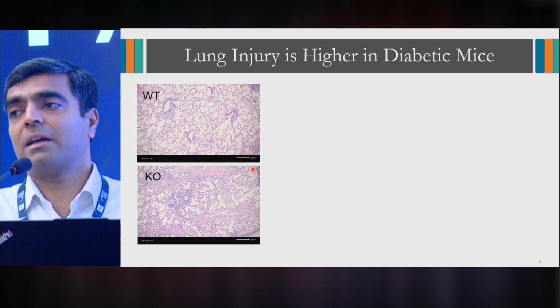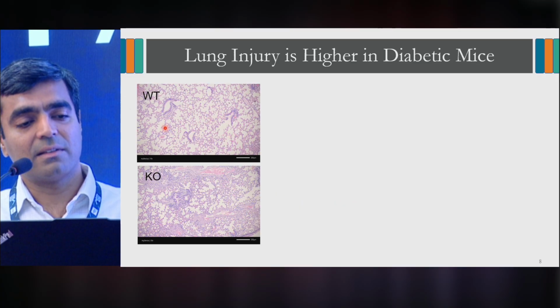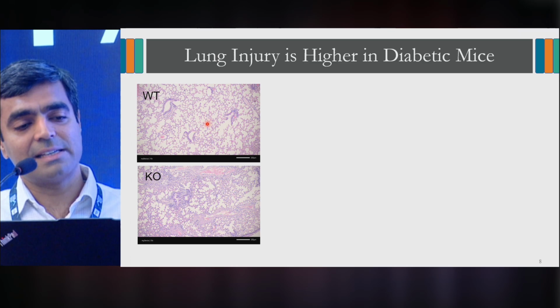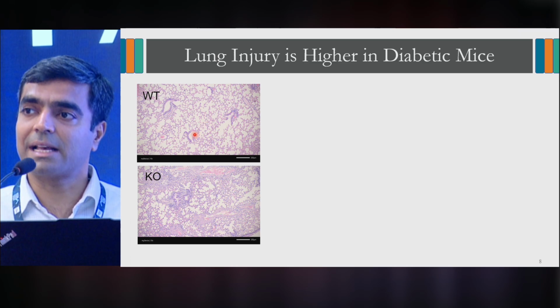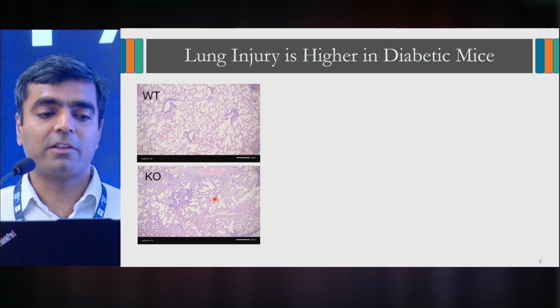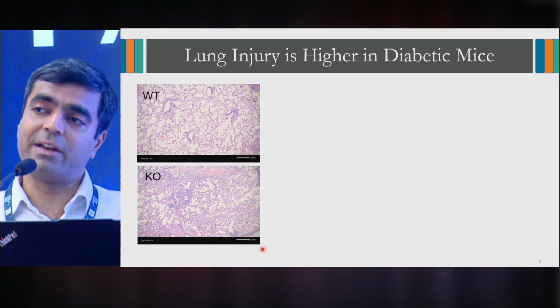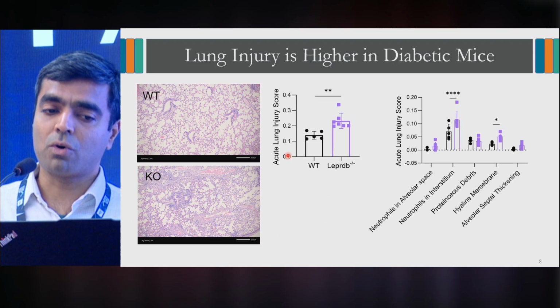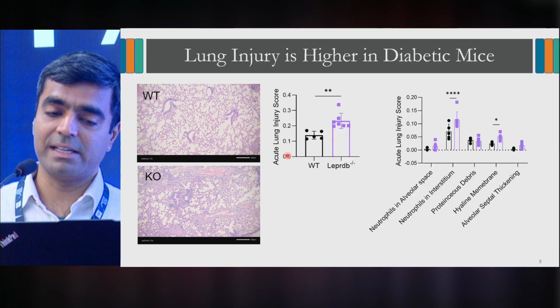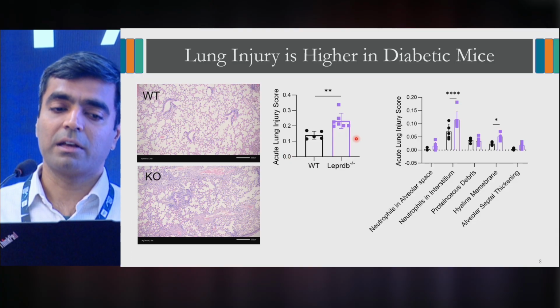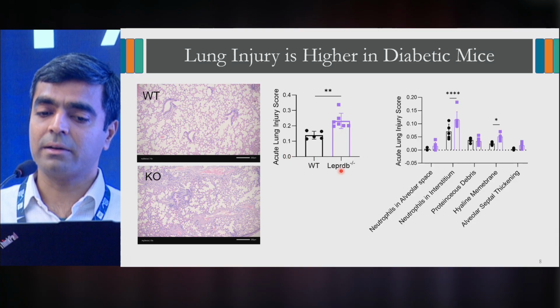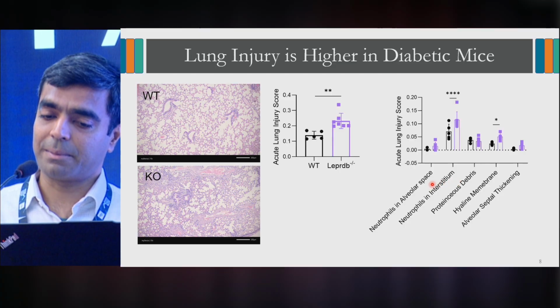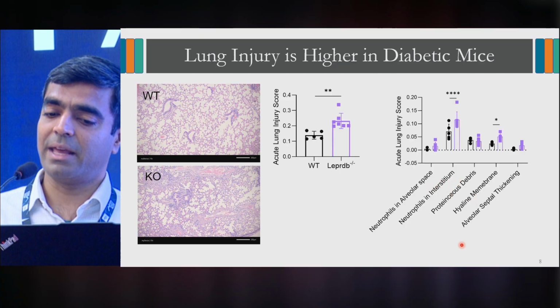And this is a regular histology. As you can see, this is the wild type animal model. You're starting to see the alveoli. You definitely see more cells in the histology slide, but it's much more highly infiltrated with cells in the knockout diabetic mouse model. If you now score this using clinical pathologists, the injury score is about twofold higher, and that's primarily because neutrophils are present in the interstitium, there's hyaline membrane and other things that are coming into place, right?